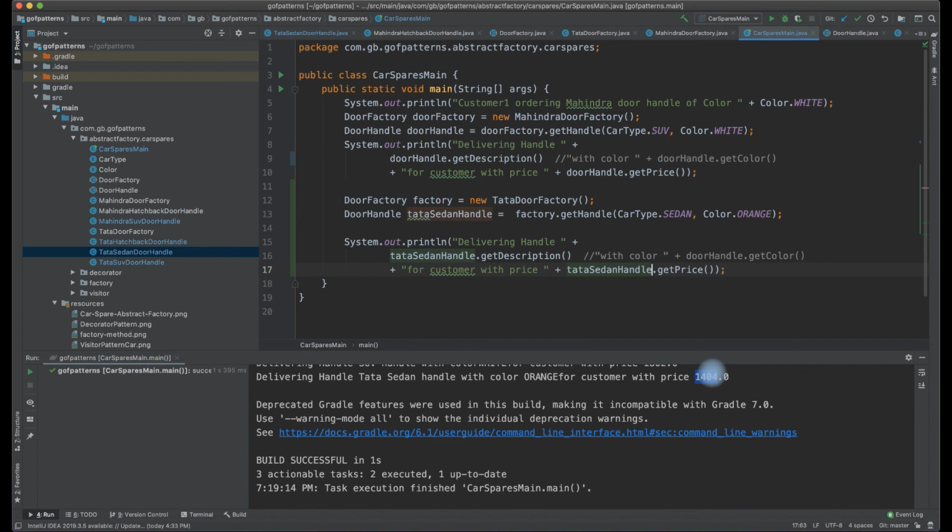We are instantiating a concrete door factory and using that concrete door factory to get an instance of the appropriate handle or appropriate generic instance, right? So that is what is being told here.